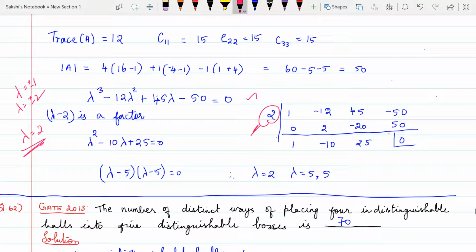Now I'm going to use this method. I have written the coefficients of lambda cube, lambda square, lambda, and the constant. This should be the method for solving this kind of question. Now you have 2 over here, so I'm going to solve this. I have to write 0 in this